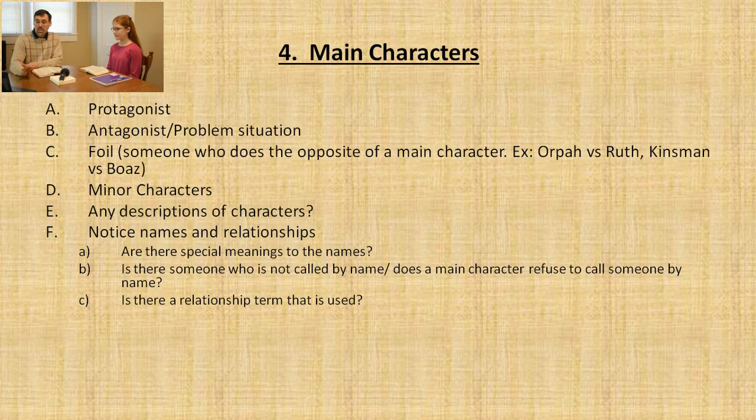Another thing to look for is, does a main character refuse to call someone by name? For instance, in the story of Sarah and Hagar, Sarah tells Abraham, take my handmaiden to be your wife and have children through her. And so she does. And Hagar has a son named Ishmael, and she begins to look down upon Sarah. And Sarah is so angry, she gets after Abraham, but she refuses to call Hagar by name